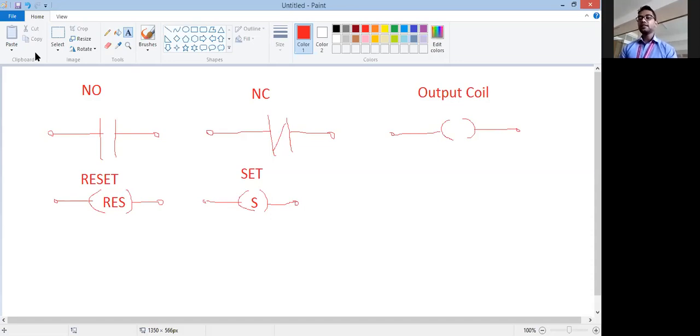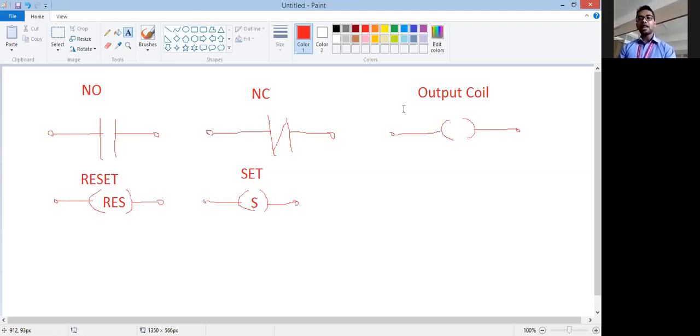Okay, again on the type of timer, depending upon the output you are going to use, there are two types of timer. One is called the on delay timer and second is called the off delay timer. So on delay timer means suppose you have to turn on any bulb, before turning on the bulb, if you have to produce some delay, then that type of timer is used. Those timers are called on delay timers, because before turning on something you have to produce delay. Hence this is the on delay timer.